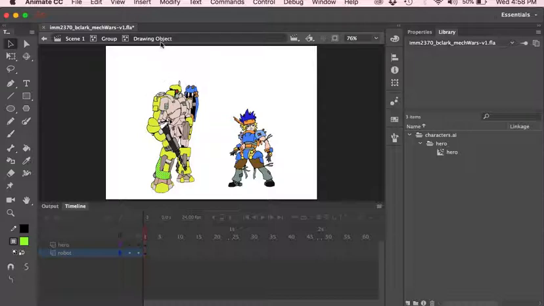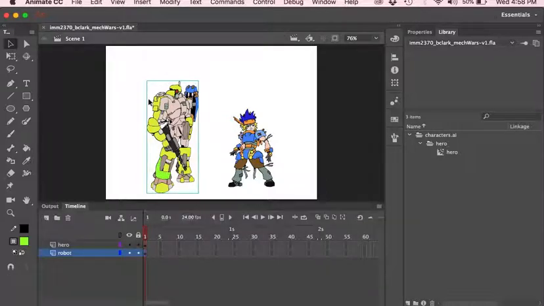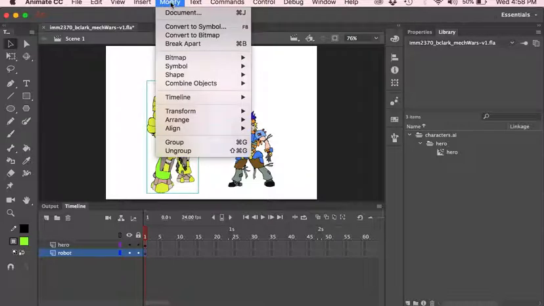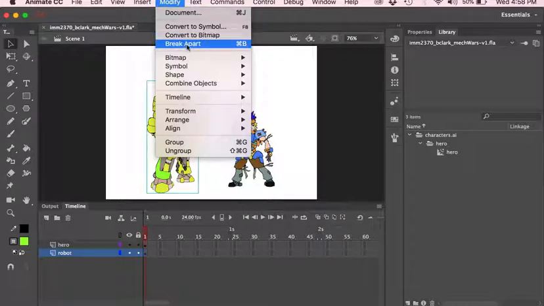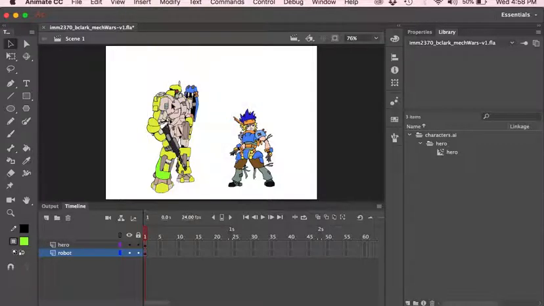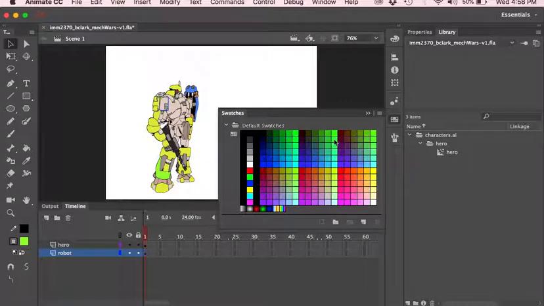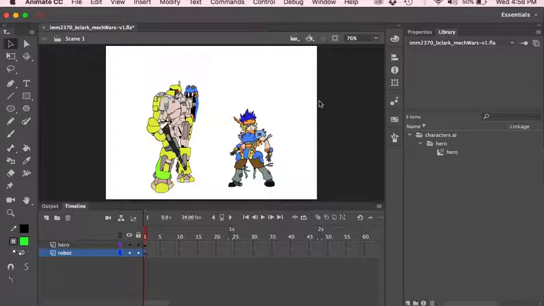Now to go back to our entire object, we want to go all the way back to the scene 1, and then you can see that blue outline, which means it has been a group, which would be like modify group. Now if you want this to be in pieces and parts, you can change this into modify and break apart. And here you see it is into pieces now. And if you want to add or change anything, you can do it this way also. And I'm just going to undo these